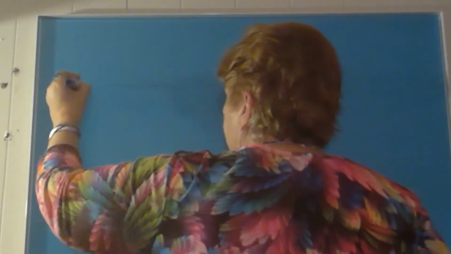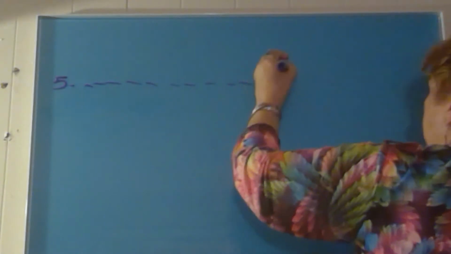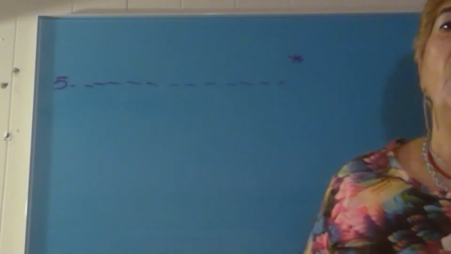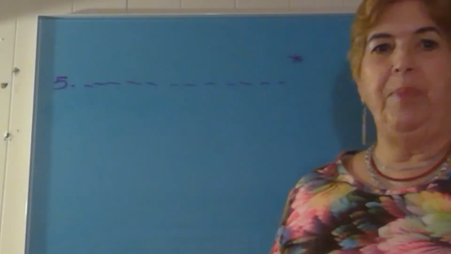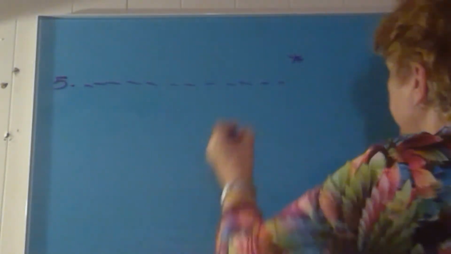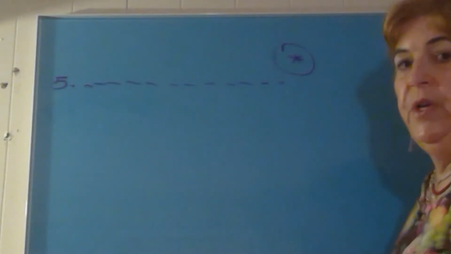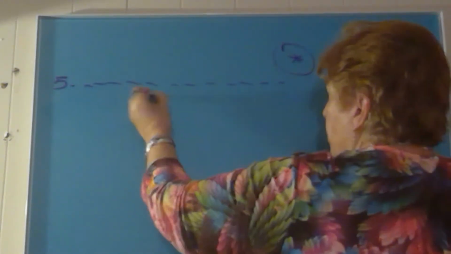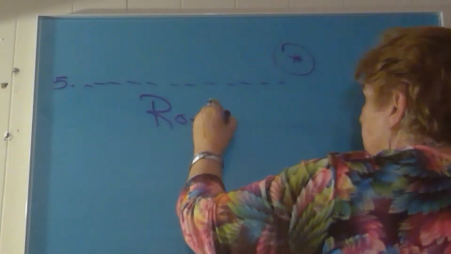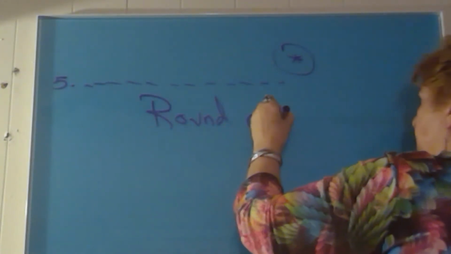One thing that I do want to tell you, in the workbook on some of the problems, you will see some problem number and the problem all written out, and at the end they're going to have an asterisk. Well, if you look at one of the first pages in your book, it tells you that when there's an asterisk on the problem, you are to round to the nearest tenth.